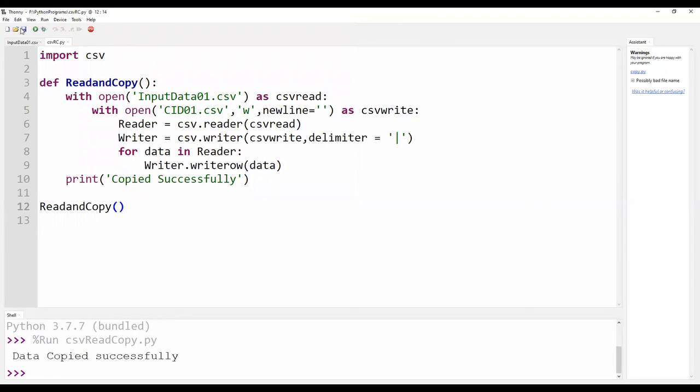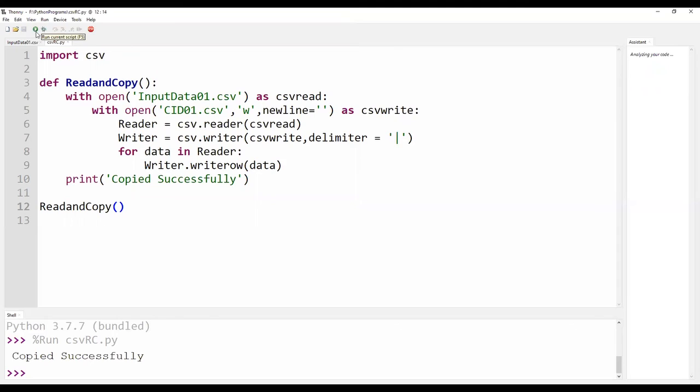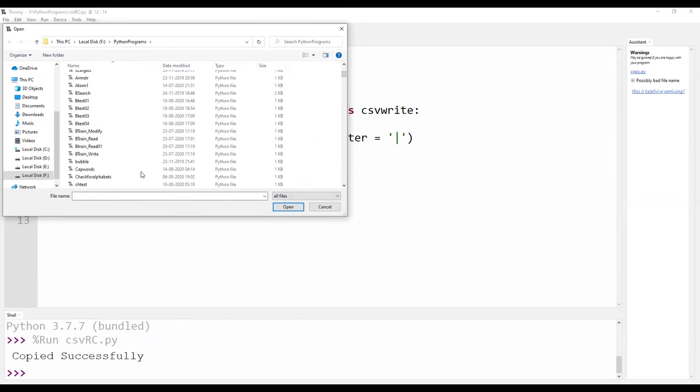We have saved the program now. Let us execute it. It is showing copied successfully. Where to check the data? We have to open all files. CID, yes, this is CID.